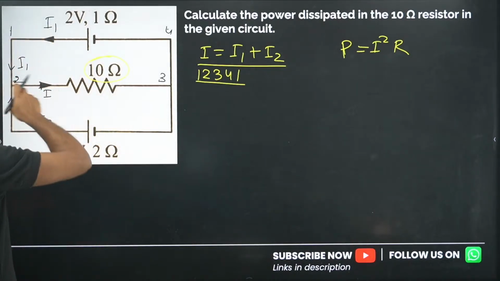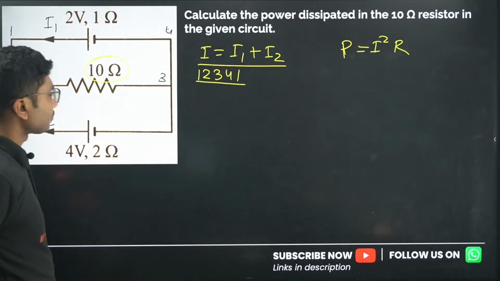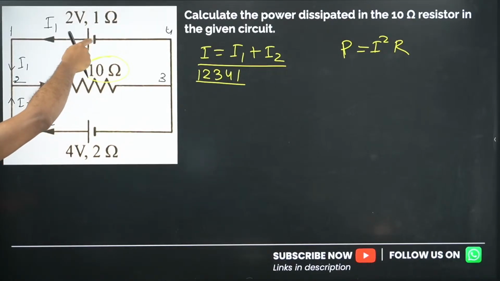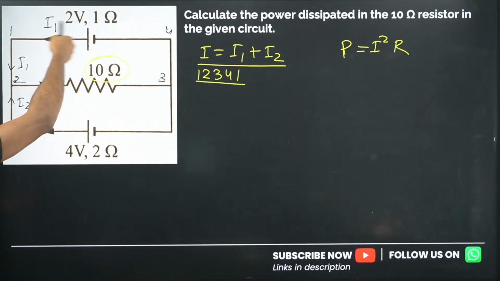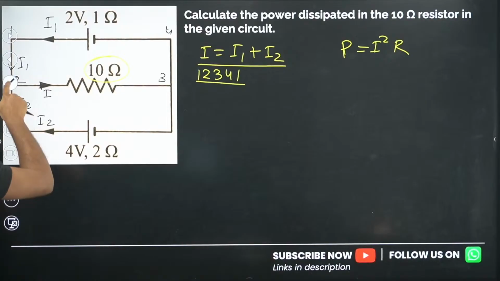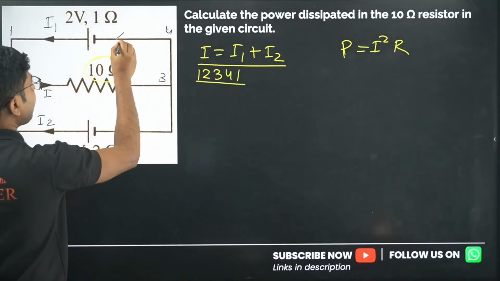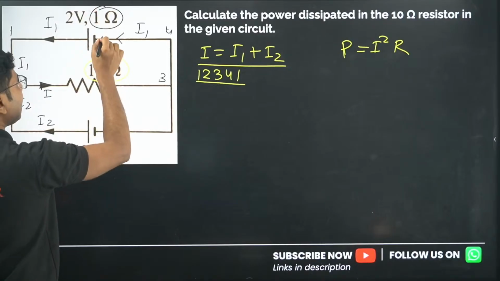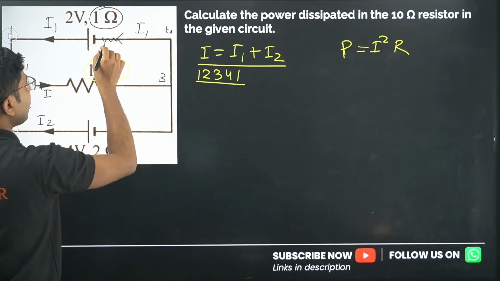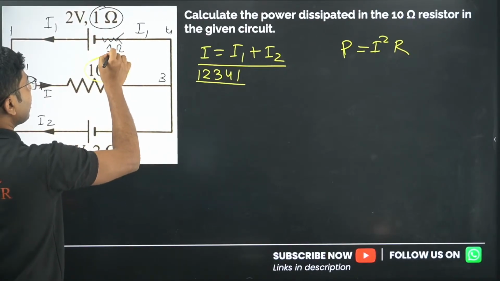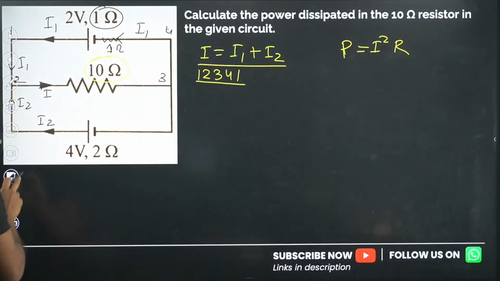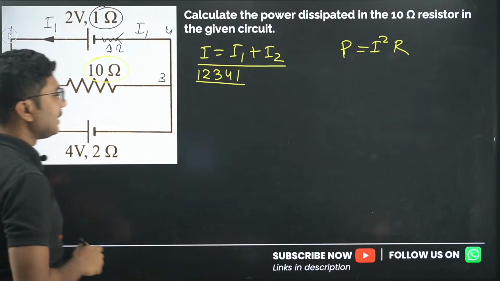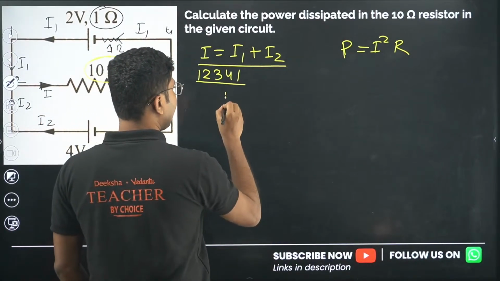So from this loop, the current going out is I1. That means, as I mentioned, the current coming in should also be I1, and the current through this internal resistance, which is given here as 1 ohm, will also be I1. Current through this resistance is given by I, so we will put that. So 10I